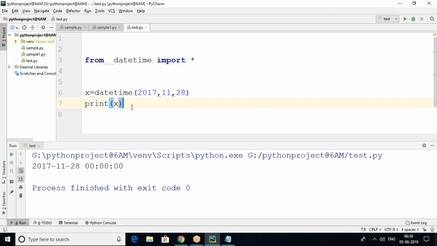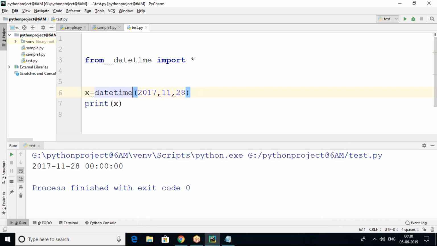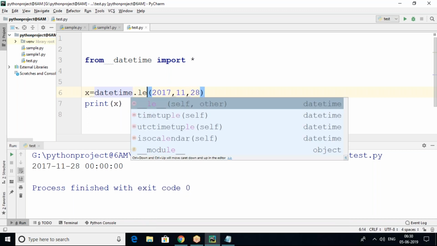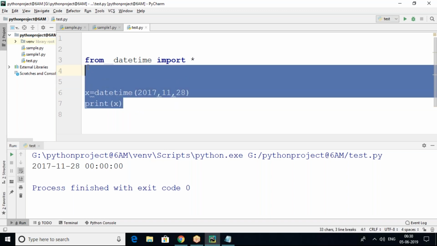Next we can see the calendar module, how to work with the calendar module for date related tasks only.